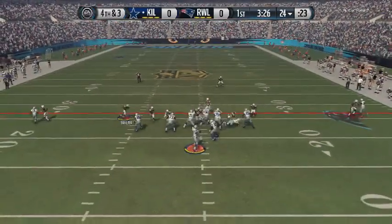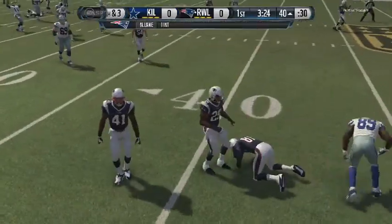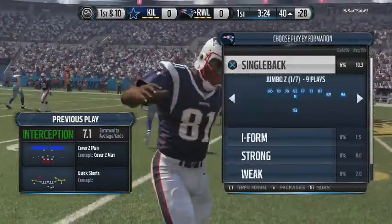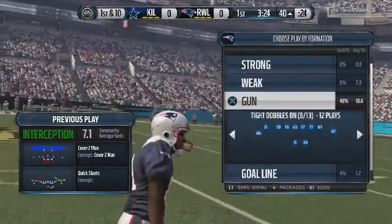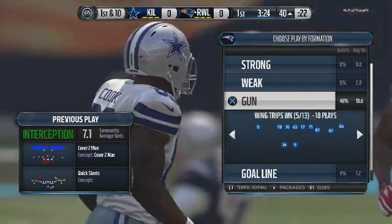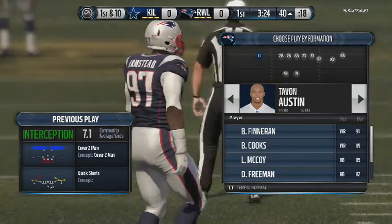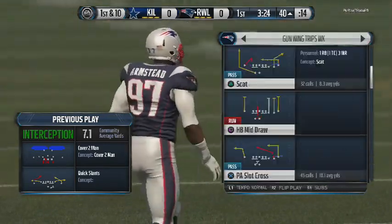From the gun. Intercepts. Well, that's a rough way to get the game started, isn't it, Phil? Come out and throw an early pick. Oh, it is. It's a terrible way to start for the quarterback and everybody involved. But I'll tell you this, I think it was a terrible call. So the quarterback, the play's not there, throw it away. He took a chance, and that's why it was intercepted. He's got 89 speed, so it's pretty